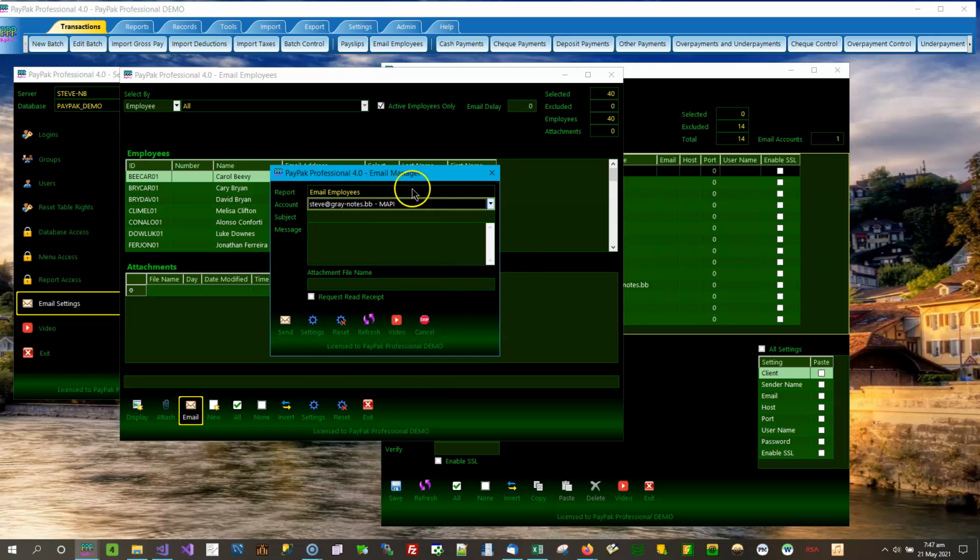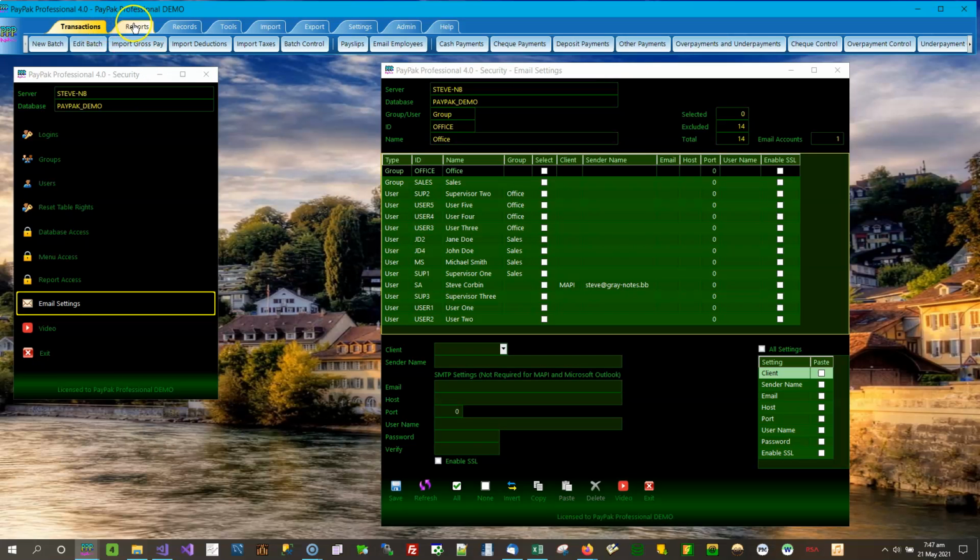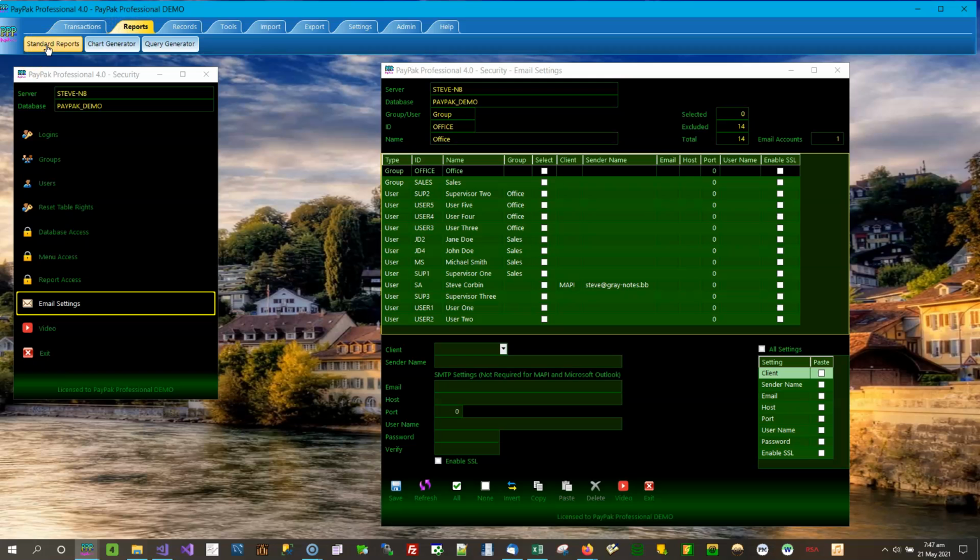What I want is the email manager from the report screen. So this is the same one because there are documents here with individual. This would send a notice or a message, with or without attachments, to each of the recipients in this list. These are separate emails. What I really want is in standard reports,